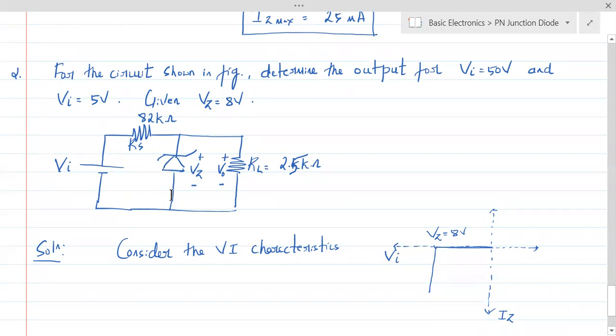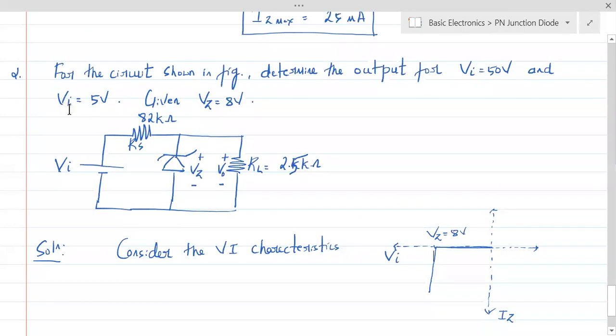So when the current flowing through this is 0, how do you think this would act? It would act as a short circuit or open circuit, is the question, when the current is not flowing. Anybody? When the current is not flowing, it is open circuit. Okay with that? So let's write that.